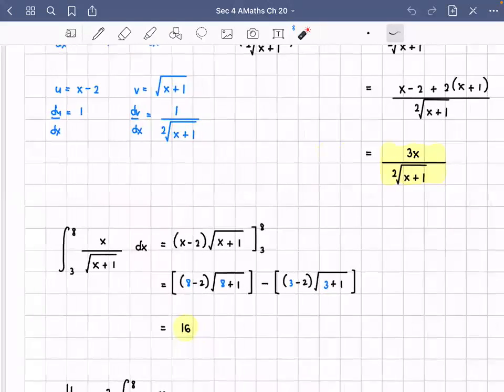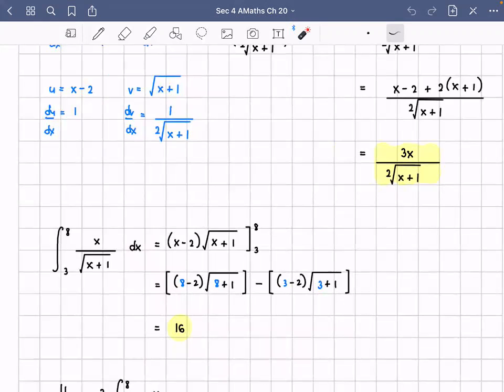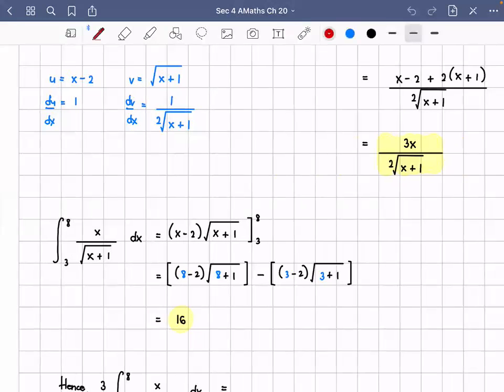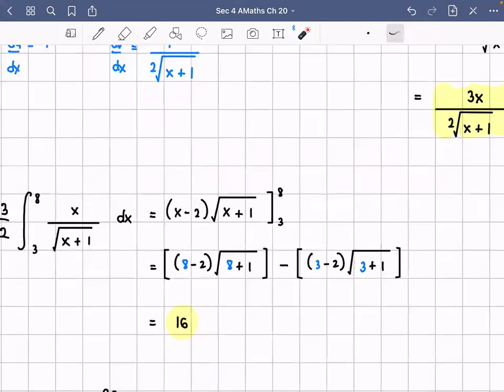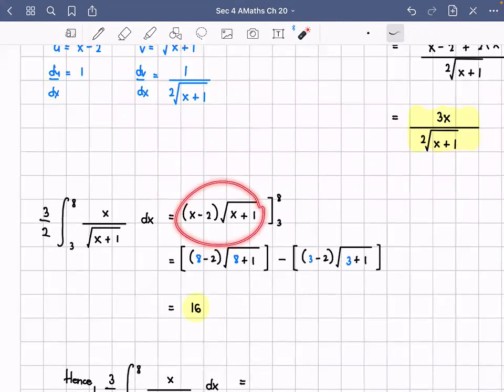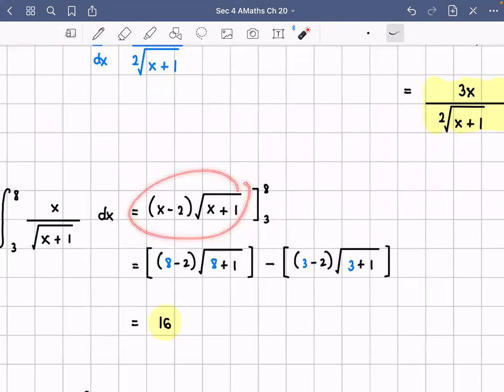So our answer here, oh, don't forget, I think I forgot something here. There is 3 over 2 here, from this. All right, so again, this is the antiderivative. This is actually what's given. So we find the upper limit minus the lower limit. So again, this expression here, we plug in 8, minus, for the lower limit, we plug in the value of